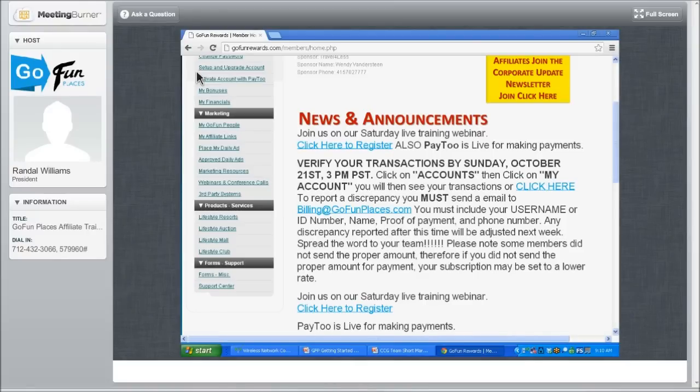You're going to click on accounts. I'm going to show you how to do that in just a second. And then you're going to click on My Account. You will then see your transactions, or click to report a discrepancy. So we're not going to be sending a ticket to the support center. We have created a new email specifically designed to quickly help